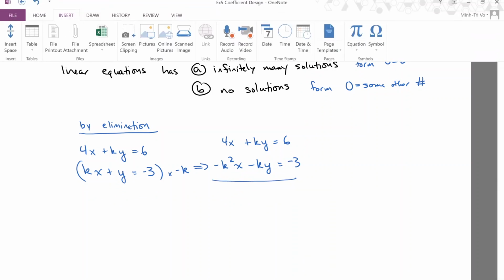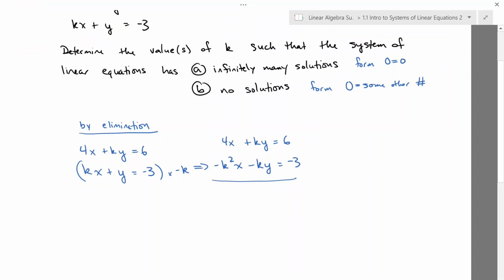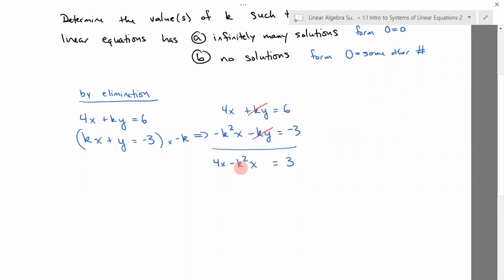Right, so you can see that this is a ky, this is a minus ky. The same thing, opposite signs, so they have to cancel out. Right, so what do I have on the left? It's 4x minus k squared x. And then 6 plus -3 gives you 3. Both these have an x, so I can factor that out. So you get 4 minus k squared times x equals